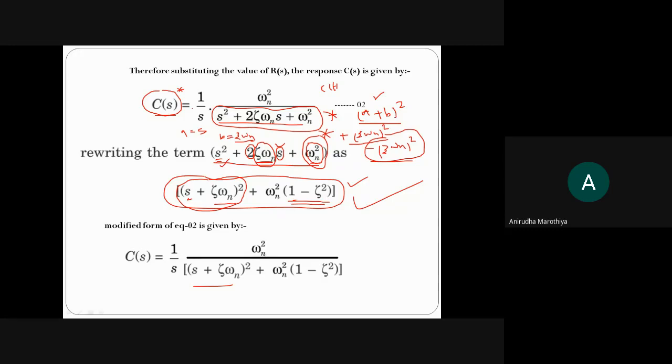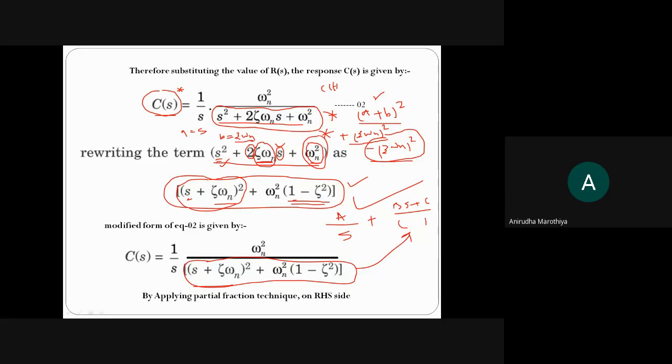Have you written this expression? Yes, sir. Okay. Now what we need to do? We need to apply partial fraction technique. Now you have to apply the partial fraction technique on the RHS side. So if you apply the partial fraction technique on the RHS side, here we have the expression like you can say a whole divided by s, then plus, because this is nothing but your quadratic expression. So if you want to apply the partial fraction technique to a quadratic expression, then here you will have the expression bs plus c whole divided by your entire denominator polynomial, which is nothing but like this.